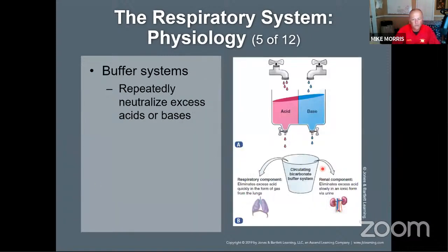Here's our buffer system. They use this bucket as an example, the circulating bicarbonate buffer system, put it in a bucket. And basically what they're saying here is that if one is spilling over, and on the respiratory component,